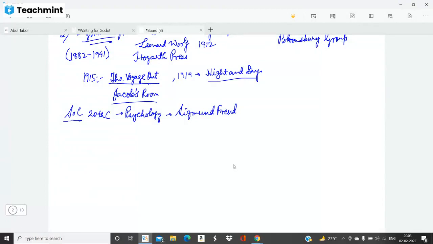Like in the novels of Samuel Richardson, in Laurence Sterne's Tristram Shandy, in Jane Austen's Emma, in Henry James, in George Eliot's novels, we see that there was a considerable analysis of character and the character's psychology. But the first novelist who consciously applied the stream of consciousness in the 20th century was Dorothy Richardson